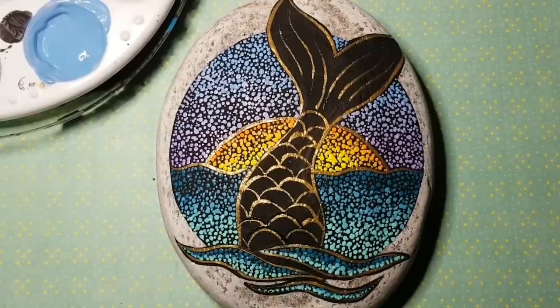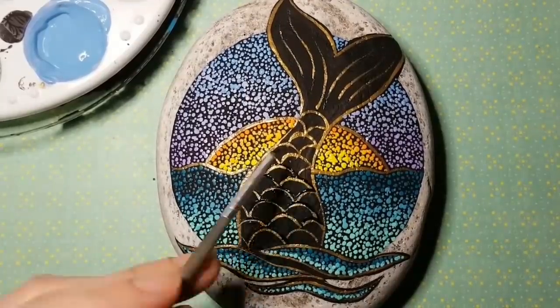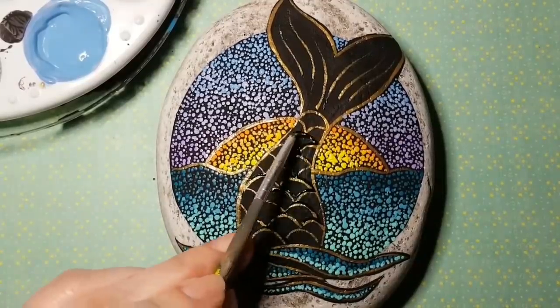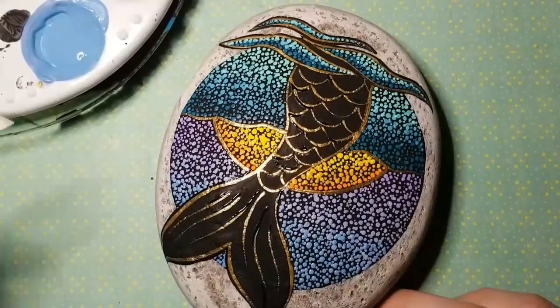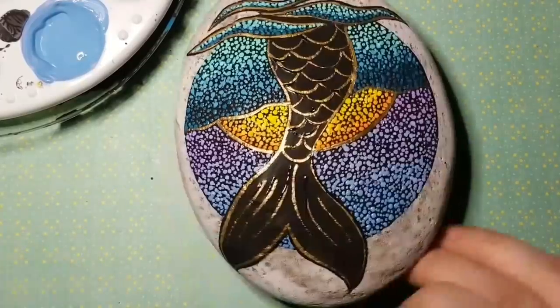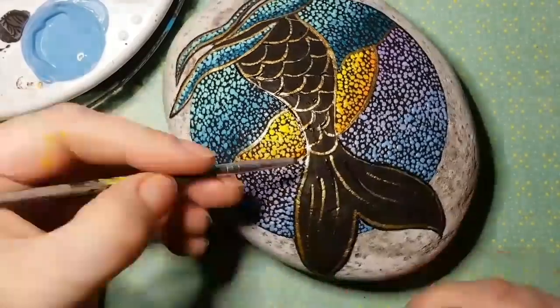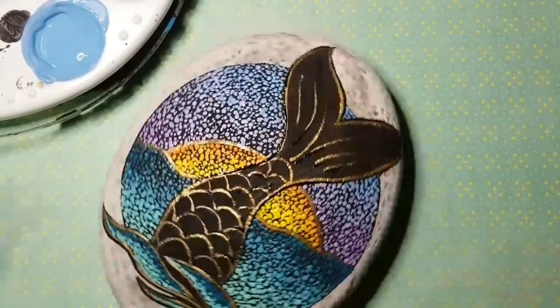Now I'm just thinning out some of my gold scales here because some of them are a bit thick or messy. So this is the best time to decide whether or not you want to leave it as a black silhouette with scales, or if you want to fill it in. This will give you a moment to decide. It looks really nice either way, so I just want to make sure you guys know that that is an option. Now I'm outlining my mermaid tail all in black,